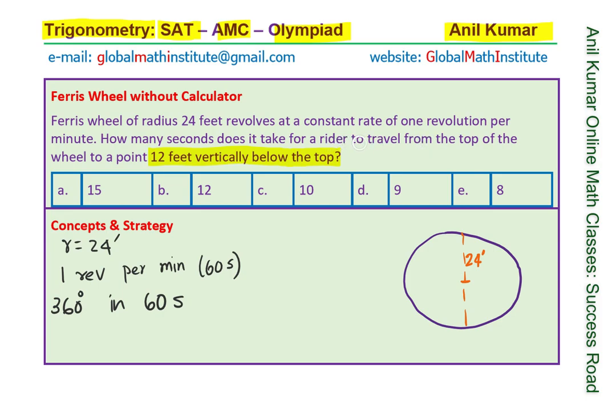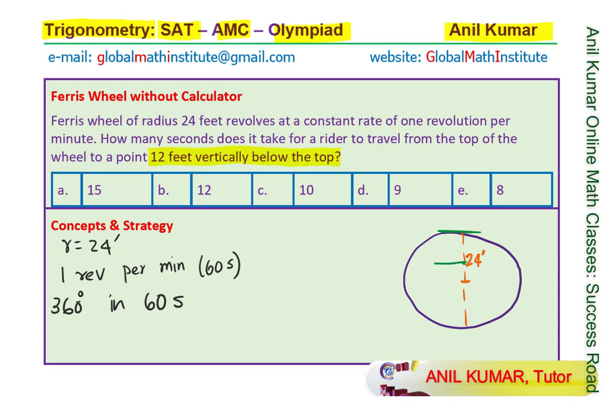So the center to the top and the point just in between them will be 12 feet, right? So how much time does the rider take to come from the top to a point which is 12 feet below it? As shown here,